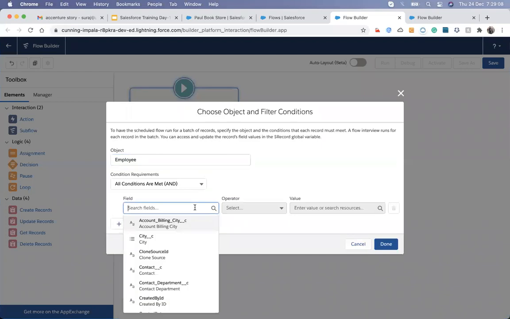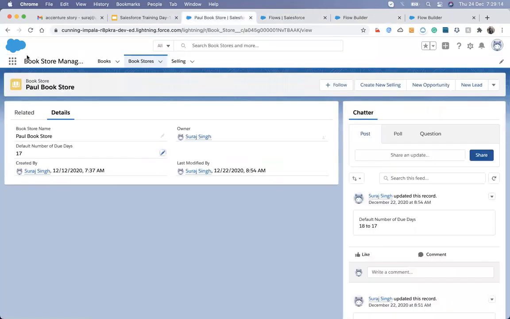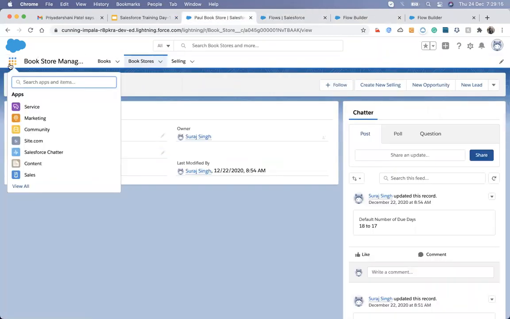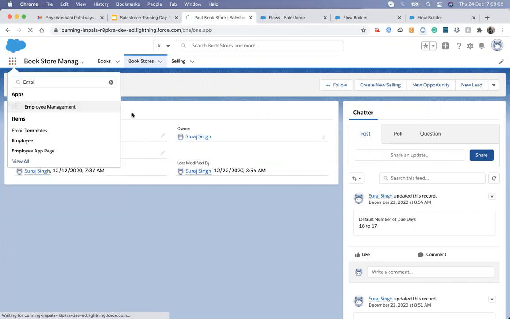Okay, and let's have a look at the employee object, employee management.